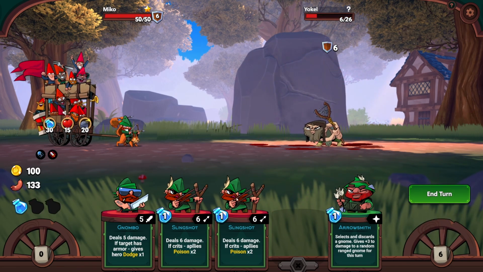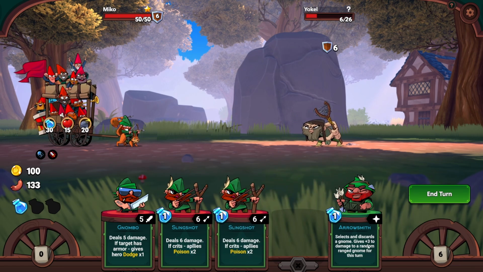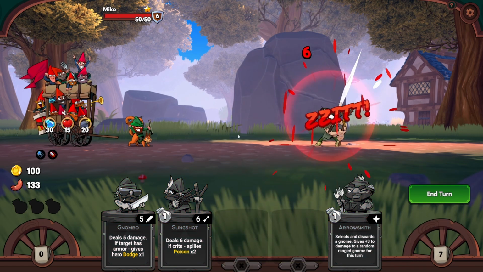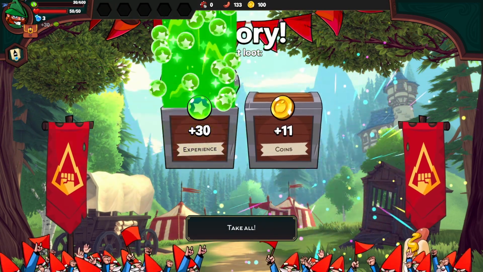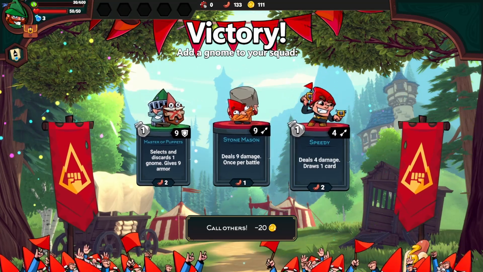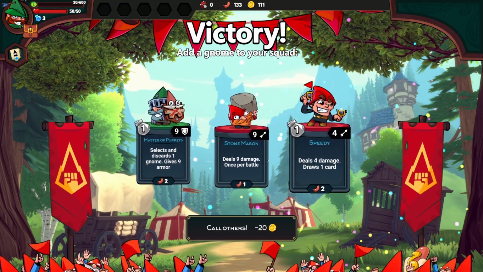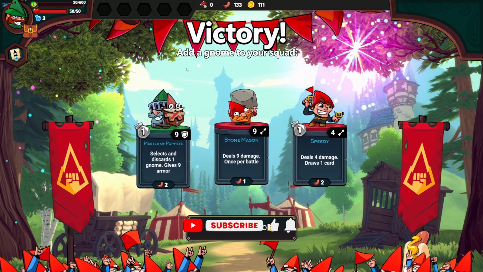Smash. Alright, so he's dead instantly. Select and discard a gnome. It gives +3 to damage to a random ranged gnome for this turn. Okay. Experience and coins. We can call it to another person. Speedy. Deals 4 damage, draws a card. These cost food. Select and...